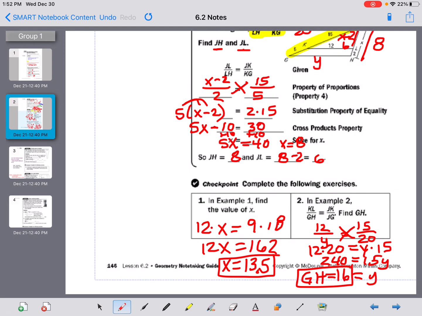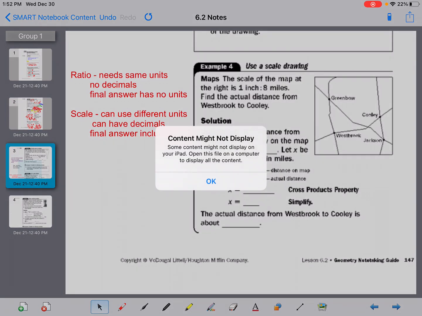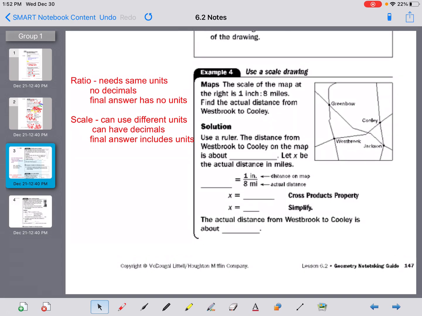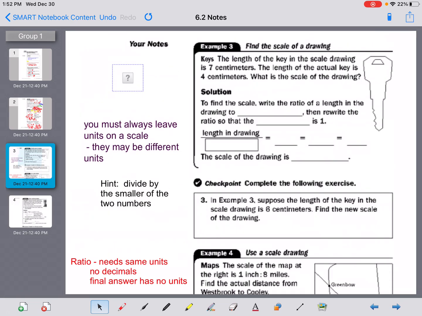Let's move on to page 3. All right, number 3 here. Something I want to stress to you when we deal with these scales: when we set them up, we need to follow the same pattern. So we're going to set up image